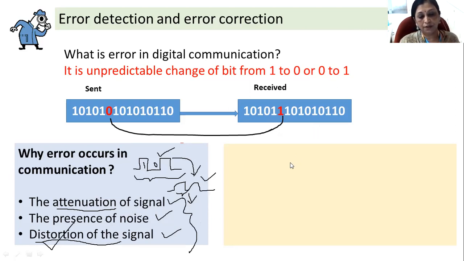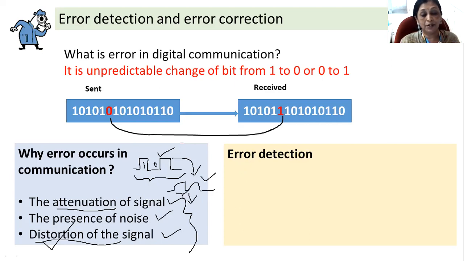Now students, as you can understand, errors are happening in the communication. Then what is the remedy for this? The remedy for this is error detection. There must be some means to detect the error. And once you have detected that error has occurred, and once you have detected the position where the error has occurred, it becomes easy for the system to